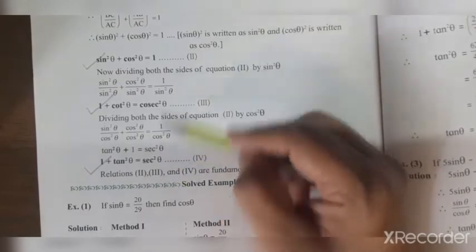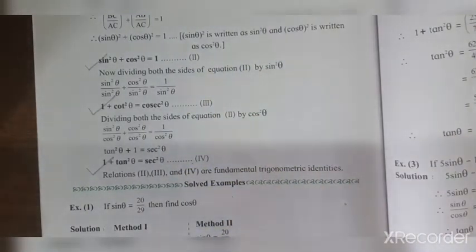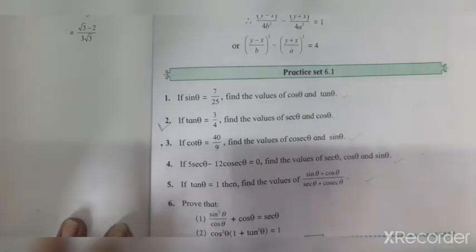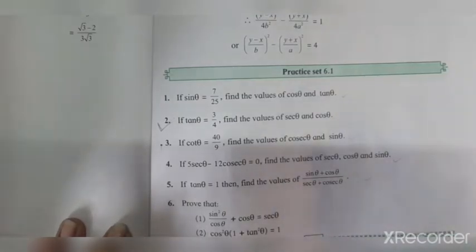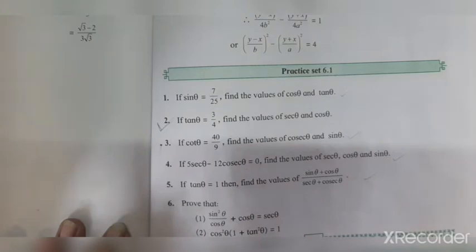So these three identities which are there on page number 128, you all have to study well. Now since we are going to do only practice set 6.1, here we are going to require the trigonometric ratios. You should know the relation between those ratios. You all should know the trigonometric ratio with respect to the right angle triangle, and those three identities we have studied. Only these things we will need in order to solve 6.1.